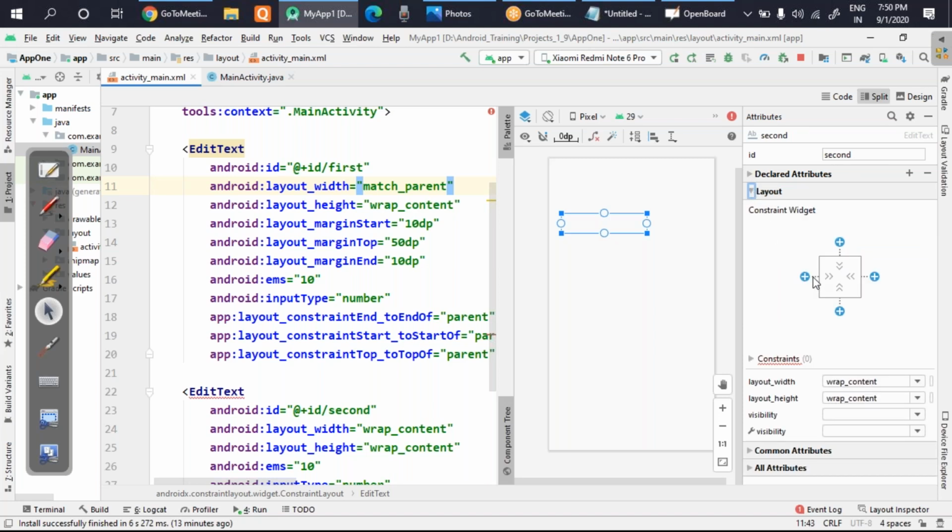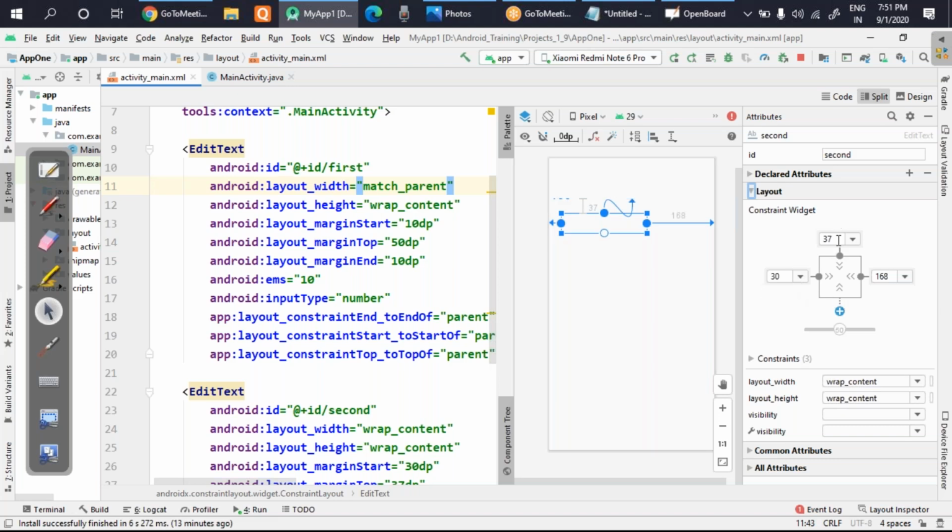Now I will connect this one with all the components. So I know this side, it is the corner of the screen, so there is no problem. I'll click this one plus. I click this one also plus. And when I click this one, if you look carefully, what will happen? It will not get connected with the upper screen edge. It is getting connected with the upper component. That you have to understand. This is the important thing which you have to keep in mind.